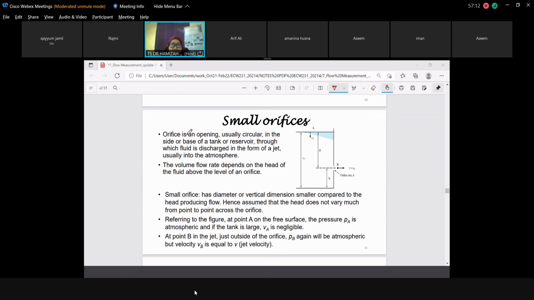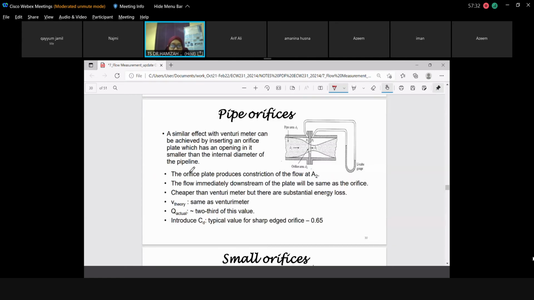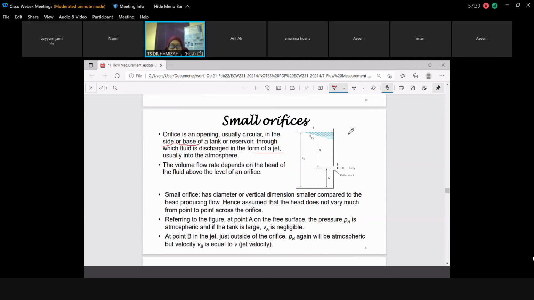Kita ada opening, it can be at the side of the tank ataupun dekat base. Okay, ni saya dah mention juga, water that comes out from the orifice, we call as water jet. Okay, so sama dengan venturimeter. So you can see here it's mentioned that orifice is actually similar with venturimeter. Kenapa dia cakap similar? Because we have